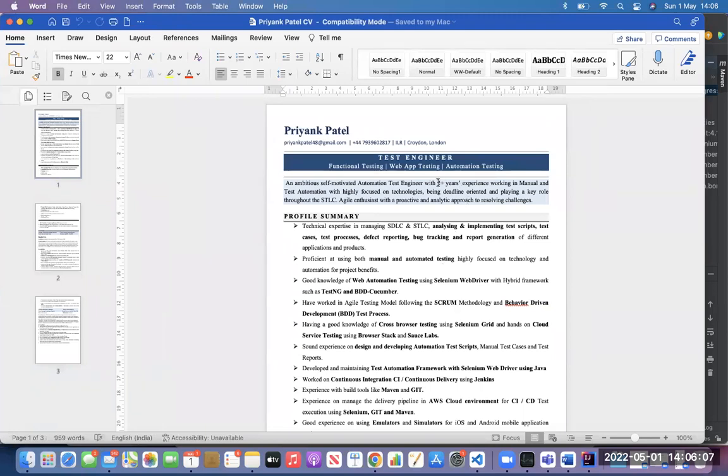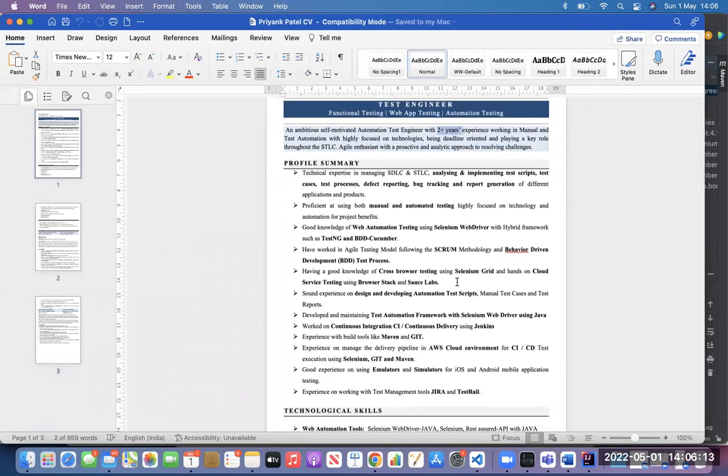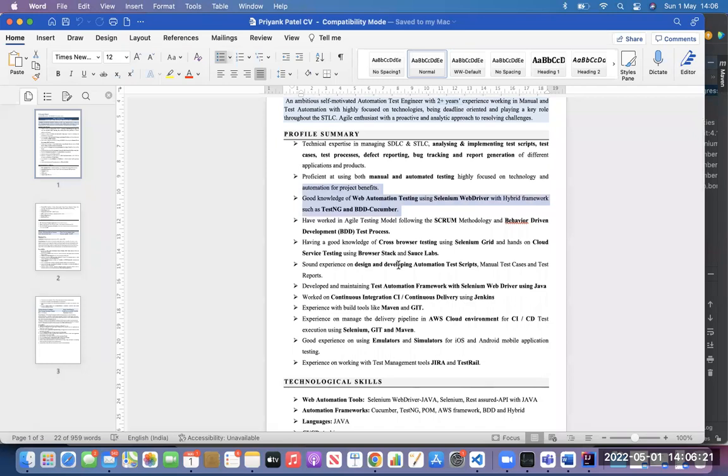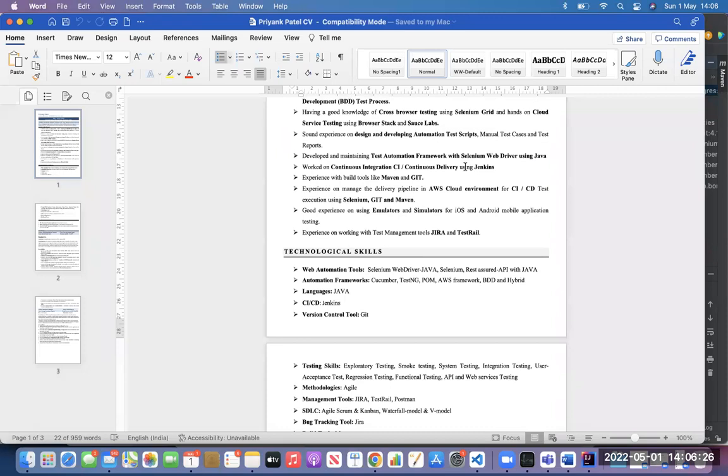How much experience do we have in the CV? 2+ years. Automation testing, web testing. We put all these things: Selenium, Cucumber, behavior-driven development, cross browser testing, continuous integration. This is what our course is.